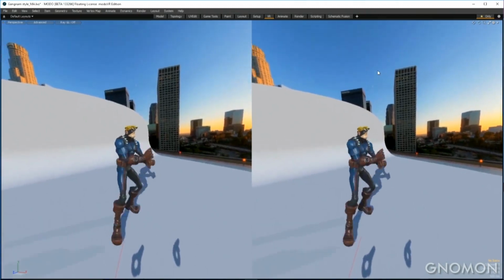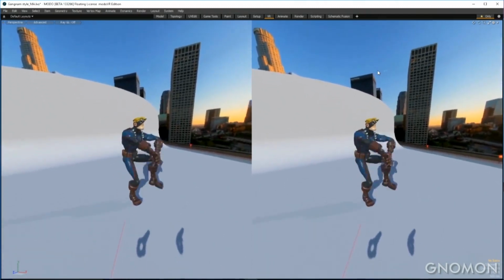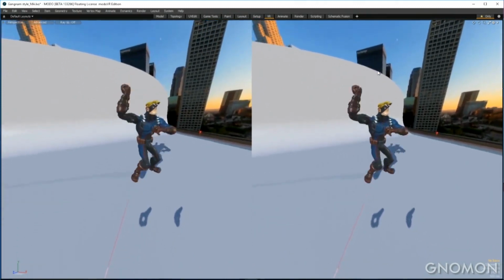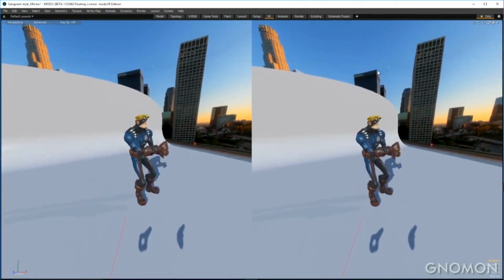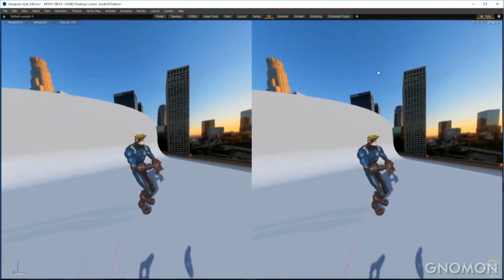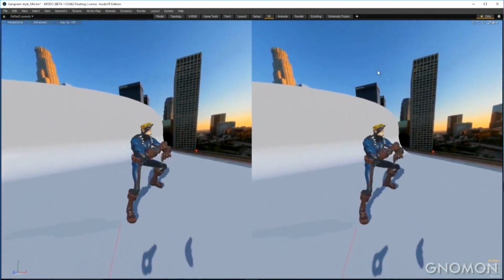And here's Ace Hero. Ace Hero is a character we use for a lot of demos. I put on a little Gnomon-style animation on him from Mixamo. And if there's one thing I'm certain of, after putting this animation on the character, looking at him in a VR experience, I never, ever, ever want to see that again. It was horrific. It was offensive.